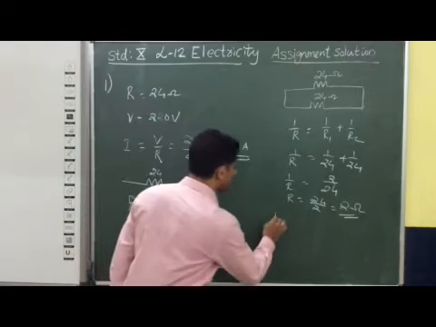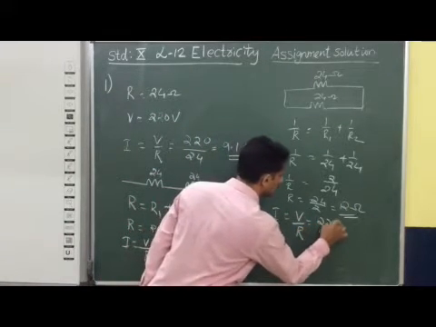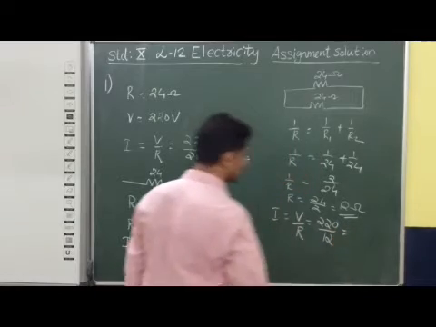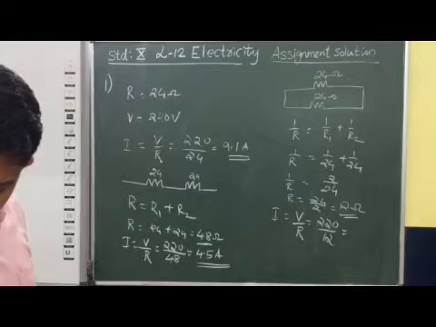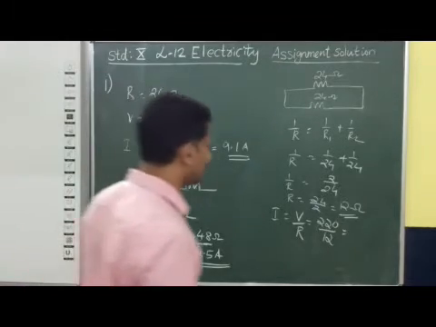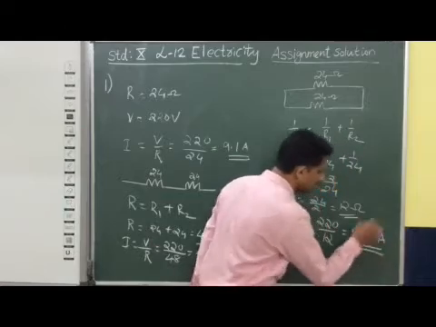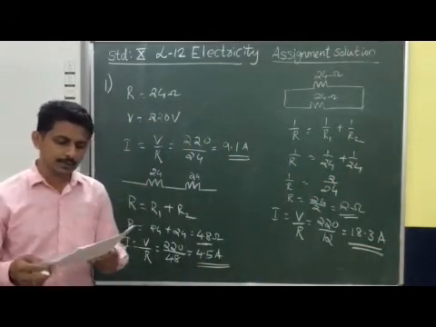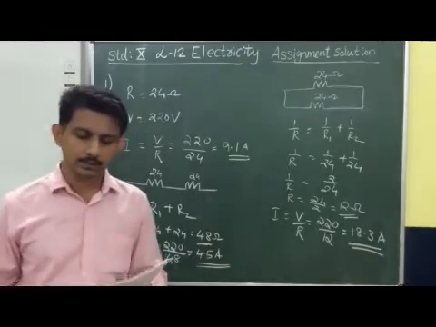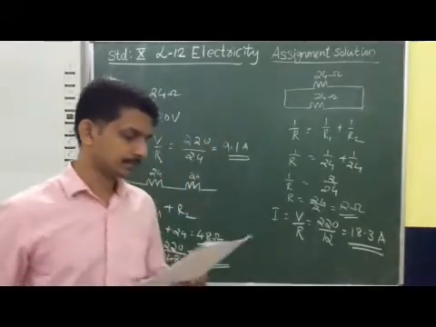So now we can calculate the current. I is equal to V by R. So it is coming 220 divided by 12. So we'll get the answer as 18.3 ampere. So this you will get the answer as 18.3 ampere. So this is the way we can calculate the current which is taken in these three situations in the case of a hot plate.